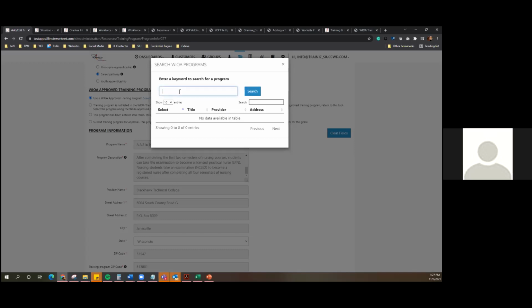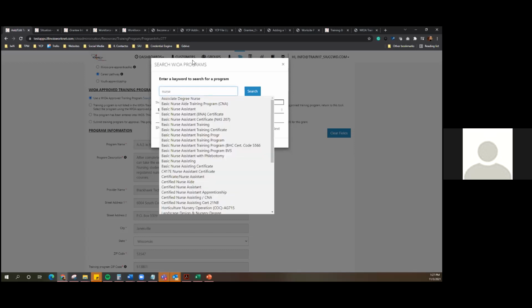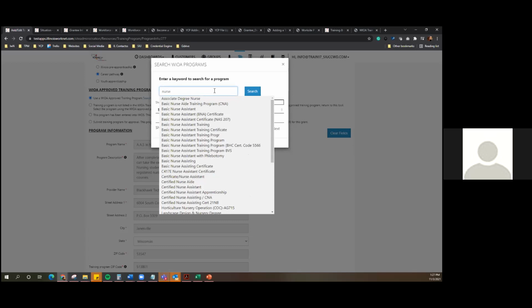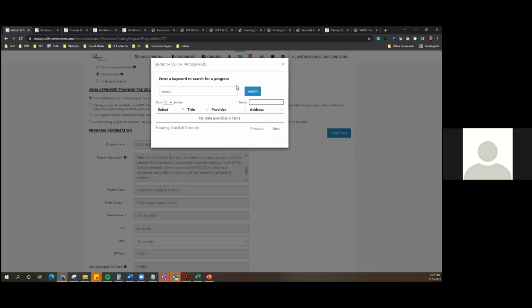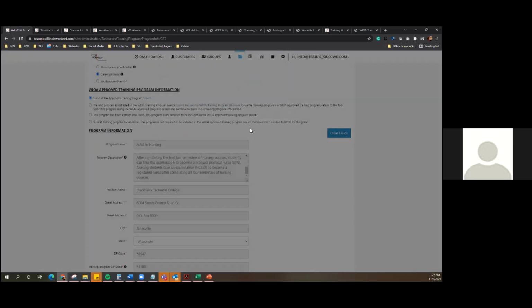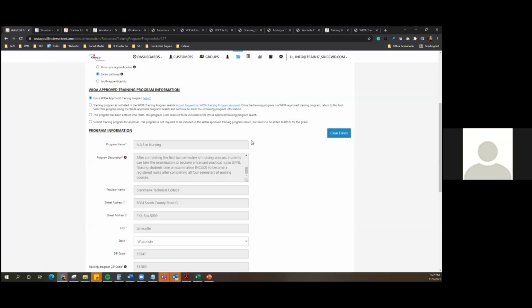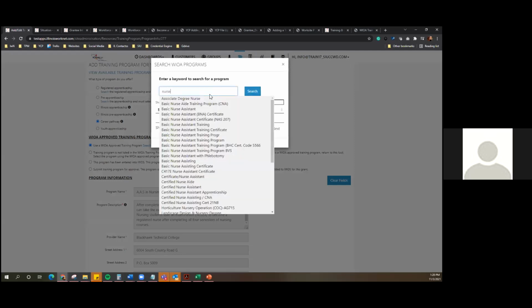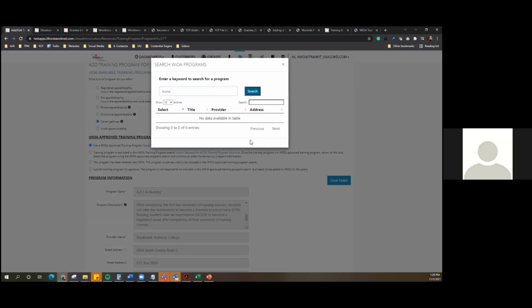I didn't know there's like a search. Yeah, and then below that, it looks like there's another search. I'm sorry, I'm not following. No, I meant if you go back into that, click on that WIOA approved training program search and then hit your regular search. So put nurse and hit search. It doesn't pull back anything. You have to choose one exactly, huh?